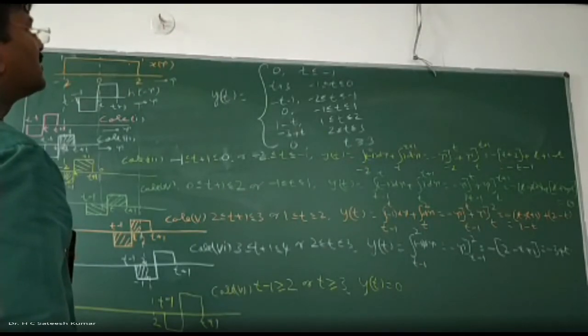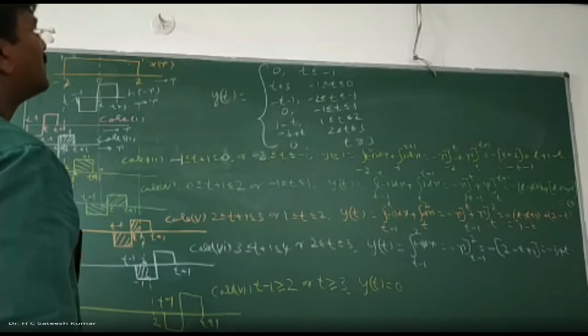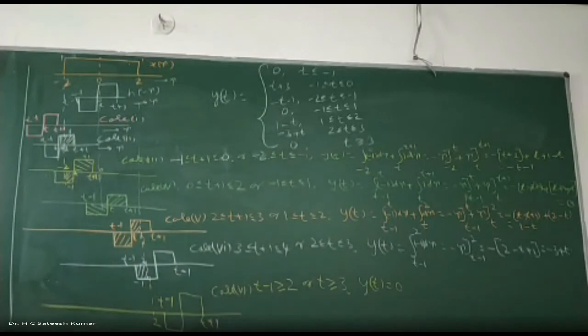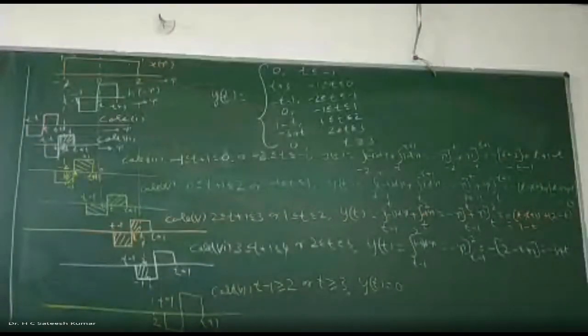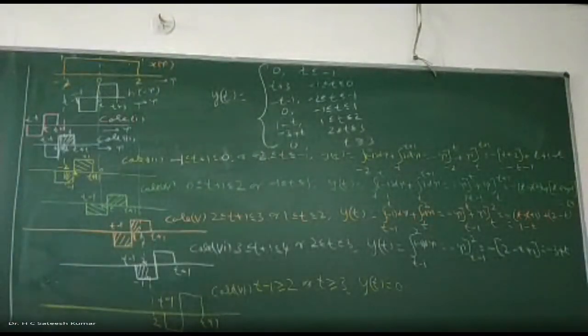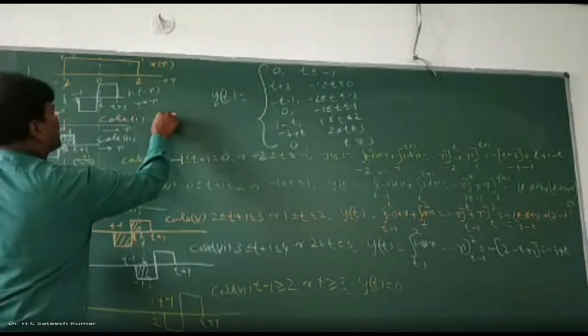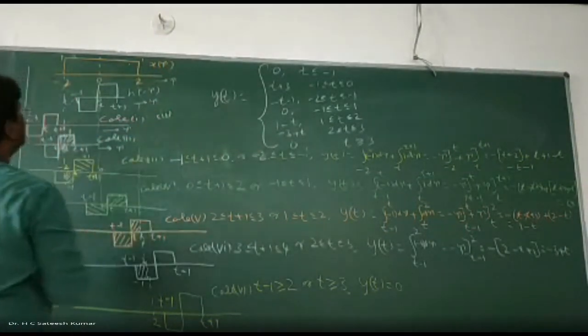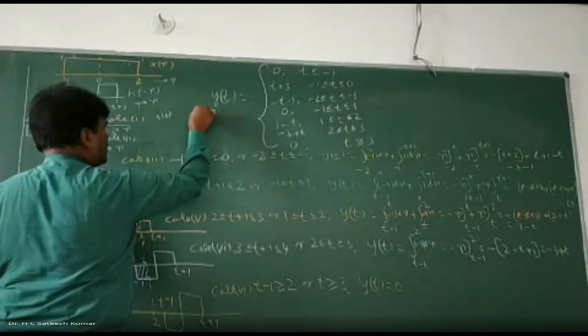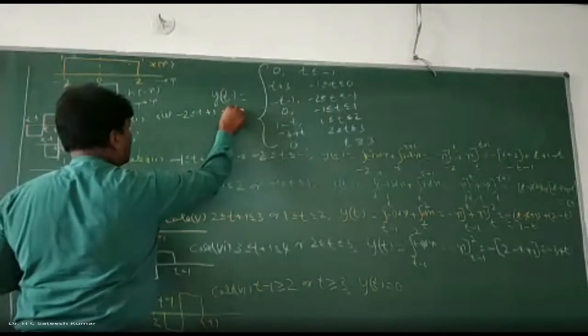And the second case is -1 to... the first case is -2 to -1, no? Okay, right. Check it here. One by one, I'll check it out. See this. So first case, you know. Second case, what is that? The second case is -2 to -1. T plus 1 lies between -2 and -1.